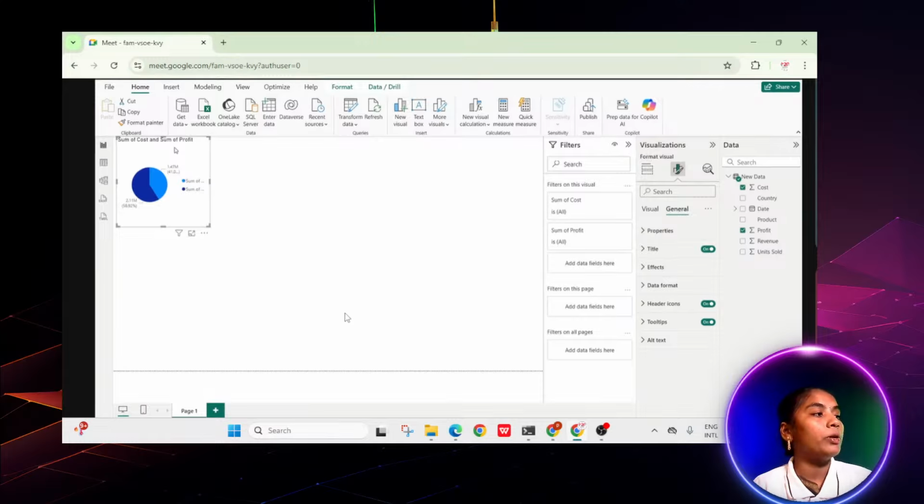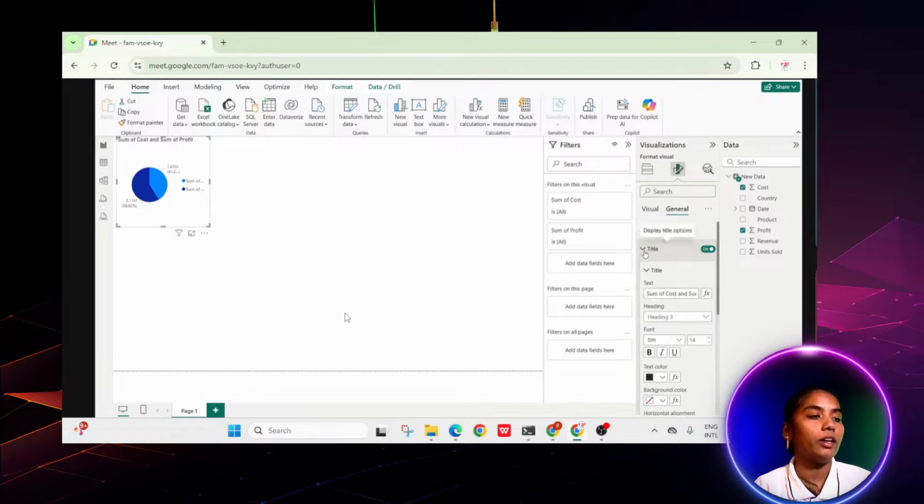Okay, for that purpose, in general I want to click on the title. Here you can see the inbuilt title, something like sum of cost. I'm just removing this one. Here I'm giving compare. You can see something changing automatically in my graphical representation of the data visualization. That's why you have to type here compare